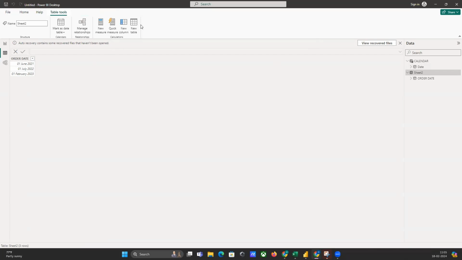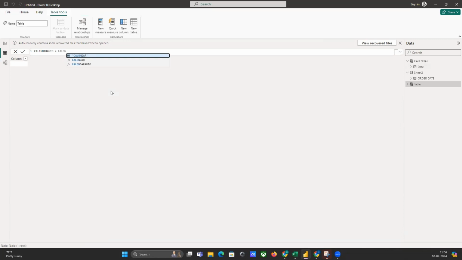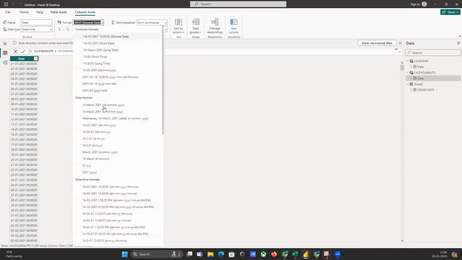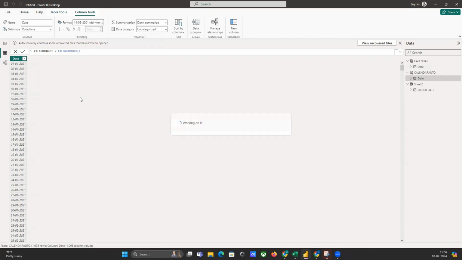We are going to click on this New Table over here, and we will name the table CalendarAuto in this case, equals to, we will use the CALENDARAUTO function this time because we are going to use the DAX function. And now if I'm not going to select any fiscal year month, this is completely optional. So first I'm going to close this bracket and click enter. Now if I format this to the date format,